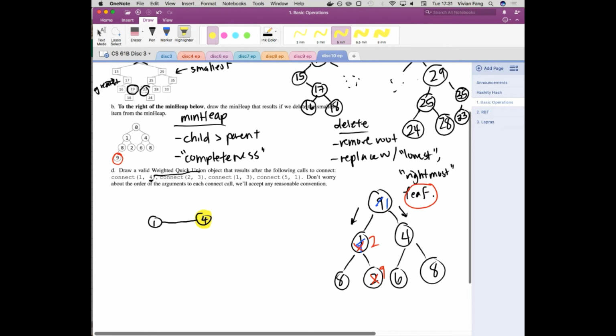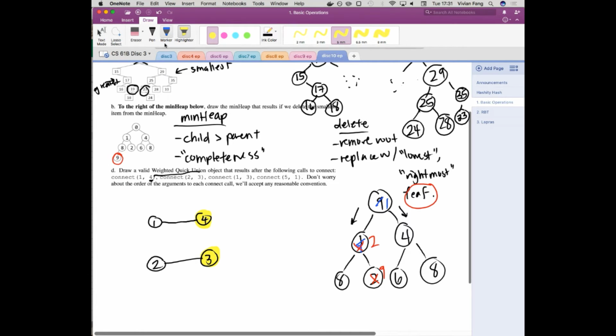That's just convention. You could do it the other way around, and your set would look different, but just in a different order, if you know what I mean. Okay, so when I connect 2 and 3, same thing, right? And let's just highlight what we think the roots are gonna be, so the parents.